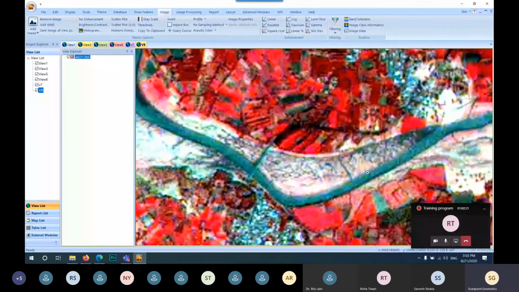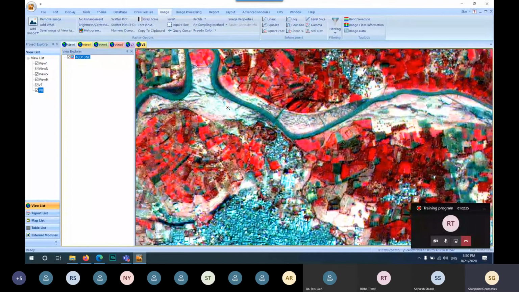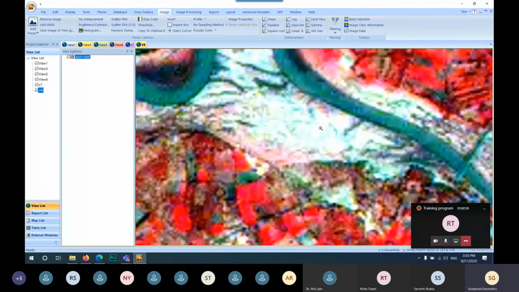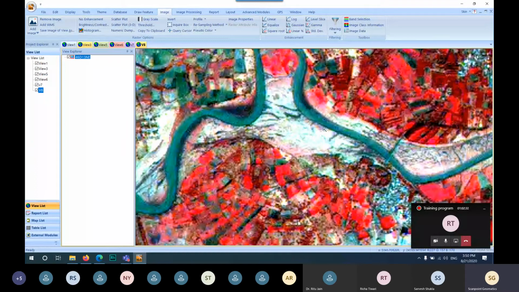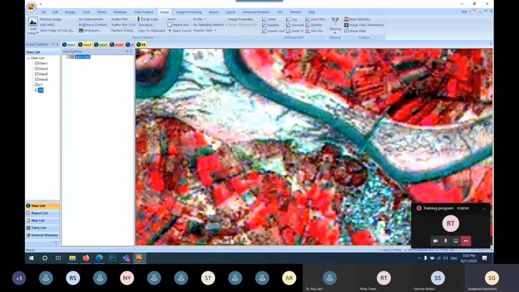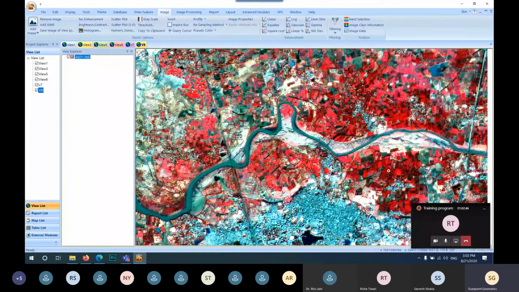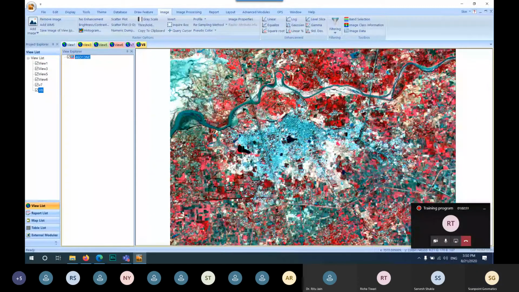As we go along this river body, this white color area is sand. As we know, the sands are associated with the river. So all these white color patches are sandy area. So by using this association, we can get the visual interpretation of features.